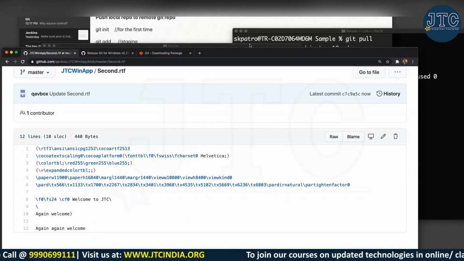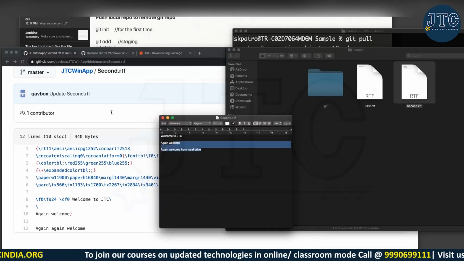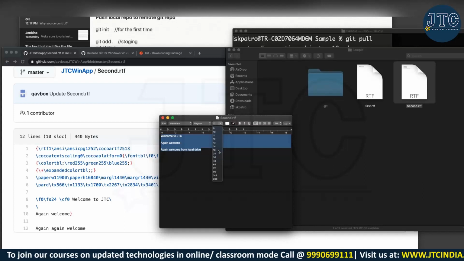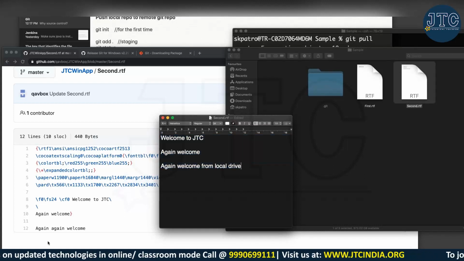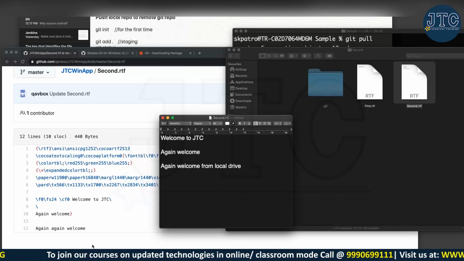Now you will see this file, you can see the changes. Let me make it 24. You can see it is telling welcome to JTC, again welcome, again welcome. But here I am saying again welcome from local drive. Means on the same line I have updated and some other user also updated. Now if I pull this one,